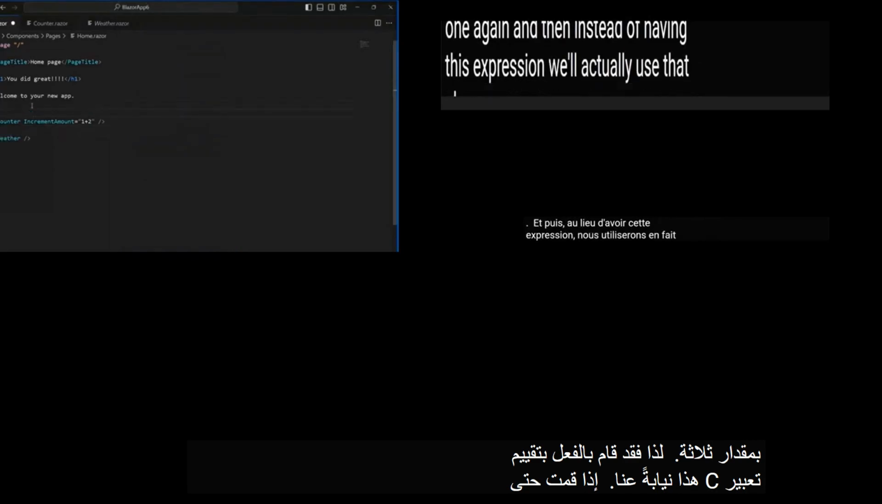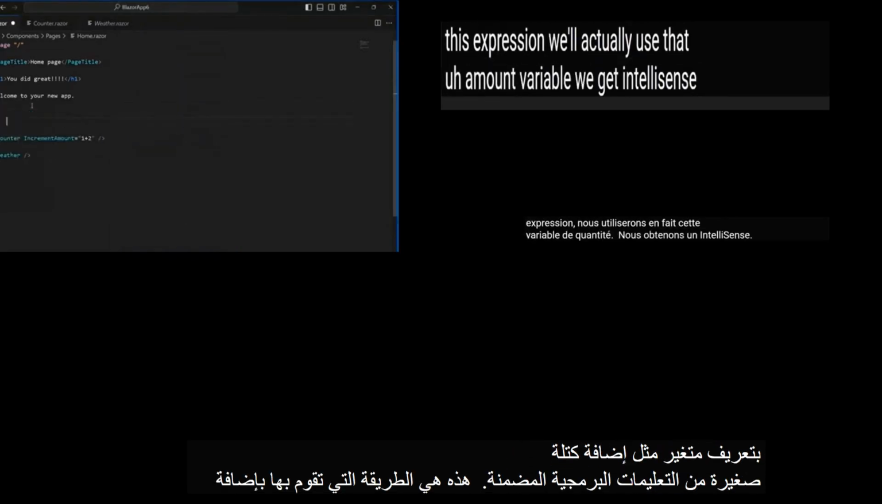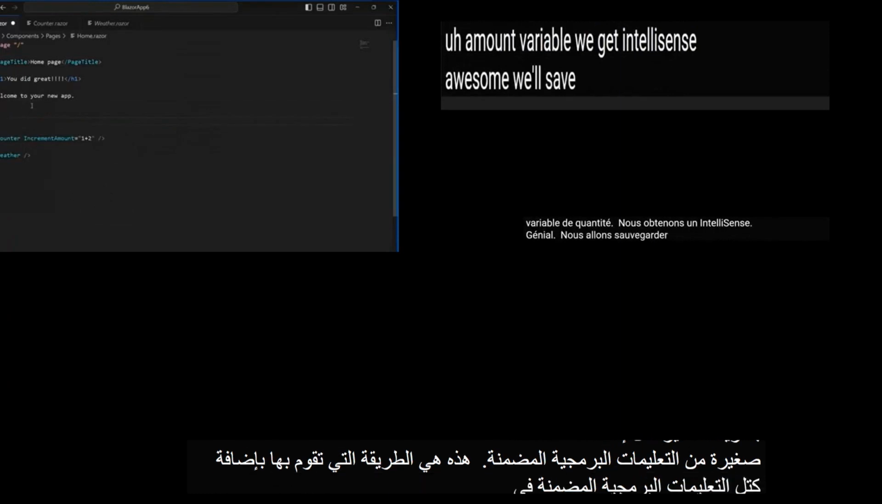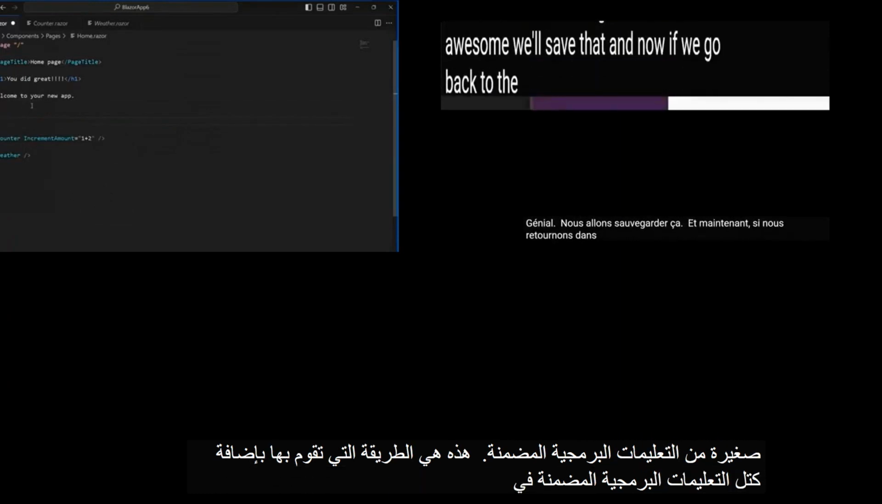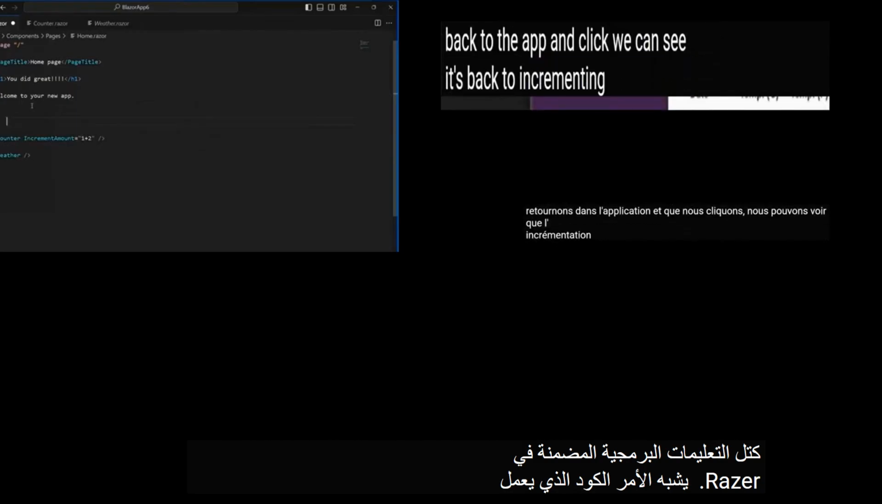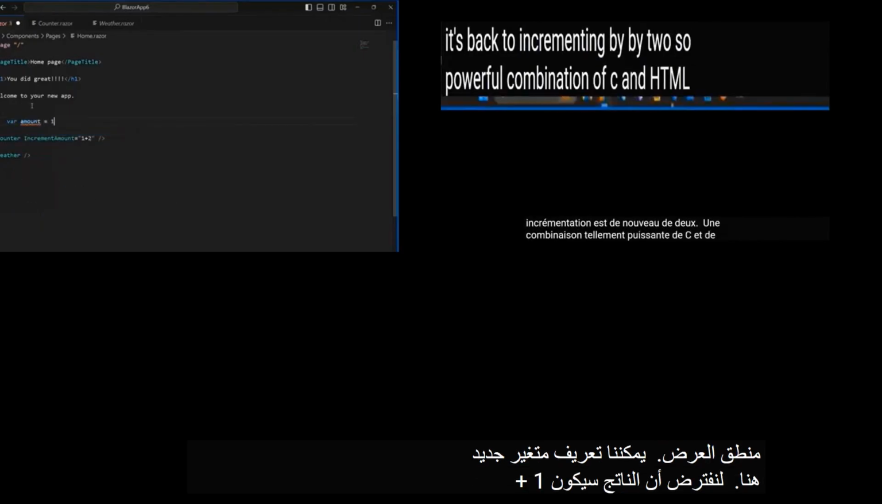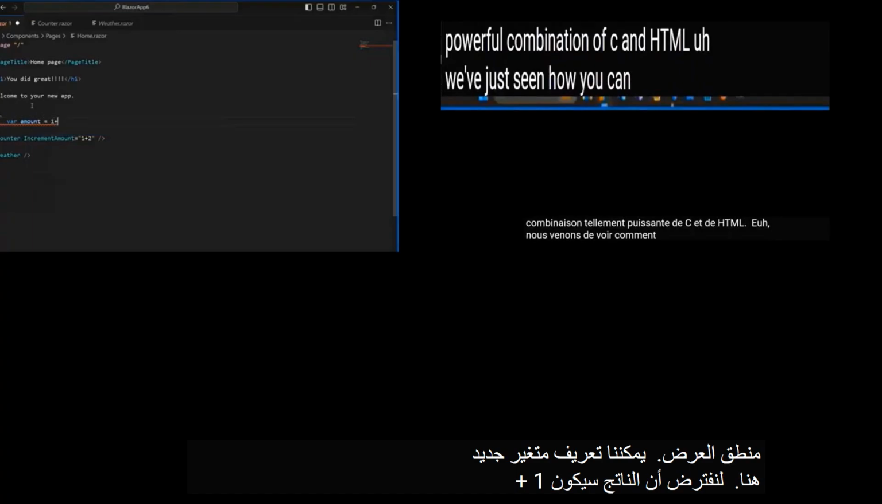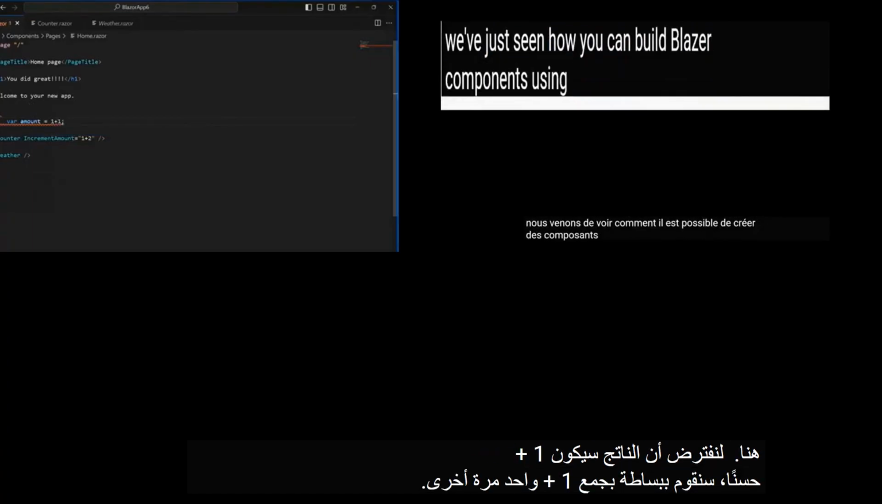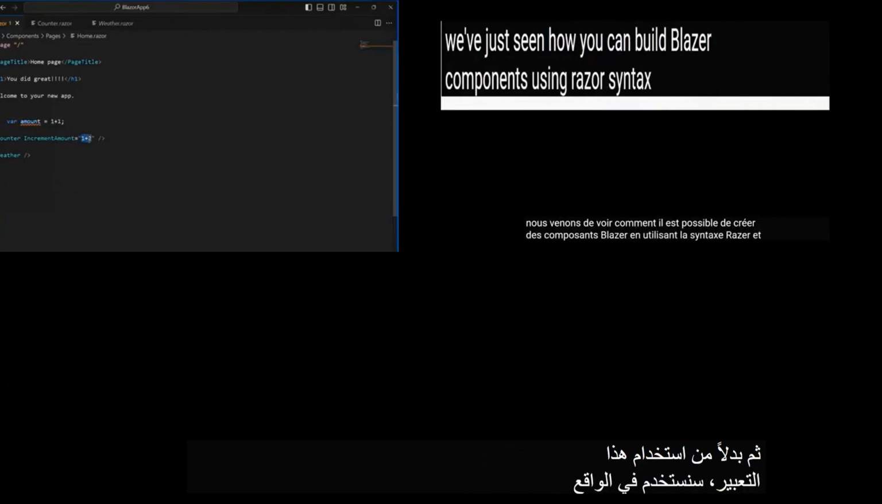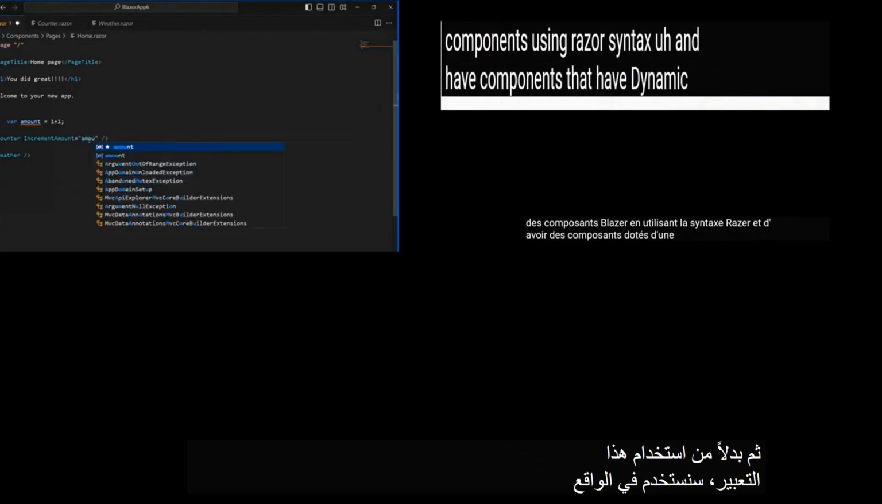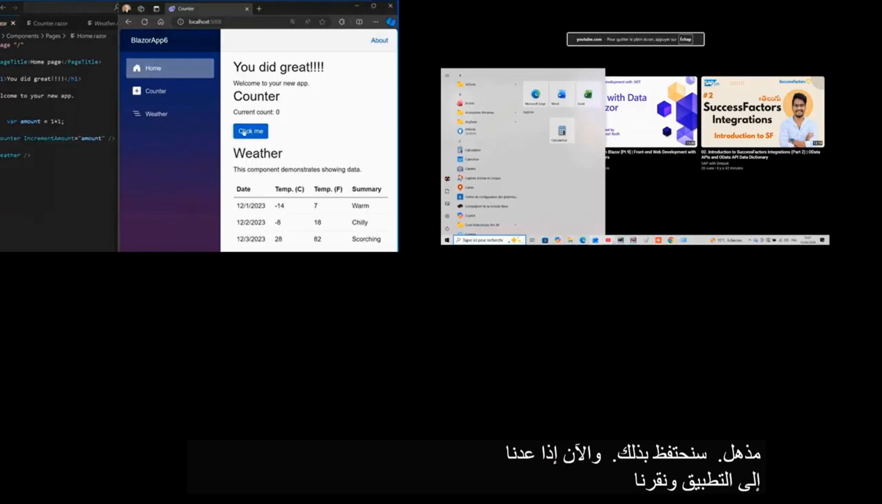If I even define a variable, let's add a little inline code block. This is how you do inline code blocks in Razor. It's code that's running inline with the rest of the rendering logic. We could define a new variable here. Let's say this is going to be 1 plus 1 again, and then instead of having this expression, we'll actually use that amount variable. We get IntelliSense, awesome. We'll save that, and now if we go back to the app and click,